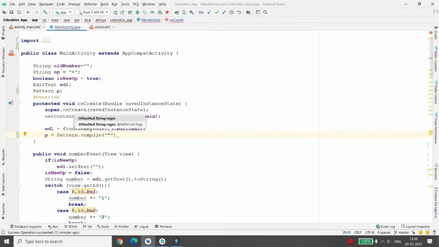At the starting point, I want the user to enter a digit. So I'm writing here \\d, and one or more digits should be allowed, so I'm writing \\d plus. Then you can write a question mark, and inside parentheses you can provide that the dot is an optional thing, so you write the dot in square brackets. Then write a question mark, and then \\d. It means after the dot you can write digits also.